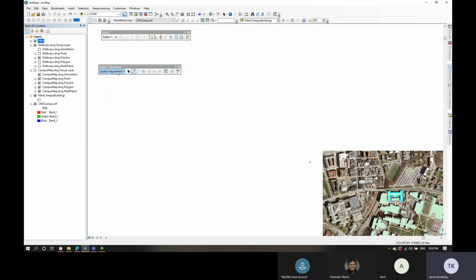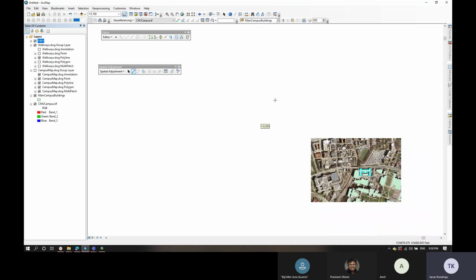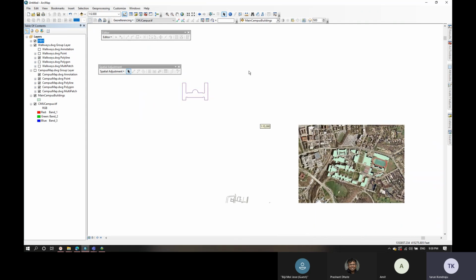Yeah. So because that has georeferencing data, I use spatial adjustment, and using rubber sheeting, I fix the data onto the map. So this is how you fix the AutoCAD data. Okay. If that is not what you want, stop editing. Okay. So if you don't want that kind of analysis,